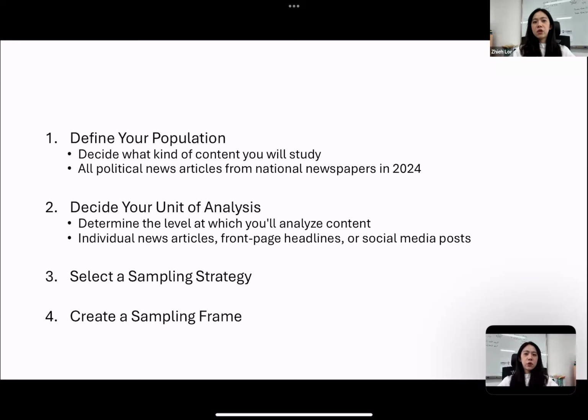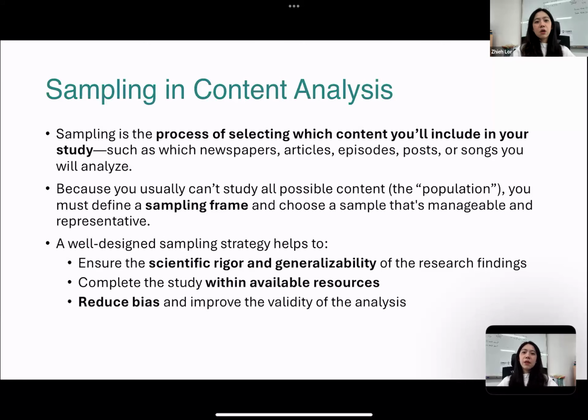So the first thing you have to do is define your population. Of course, who are you going to study? What kind of content will you be studying? Is it all political news articles from a certain national newspaper? Is it a certain country? Are you going to do a comparison between two different countries? And then you decide your unit of analysis, and you select your sampling strategies. And then you create a sampling frame, then you select which part of the articles. So, sampling content,